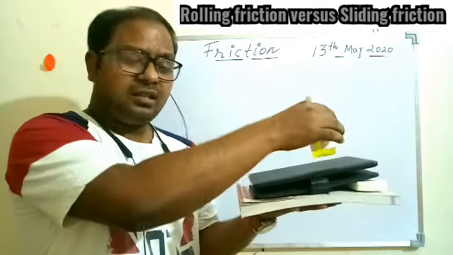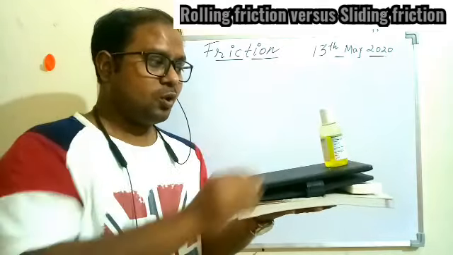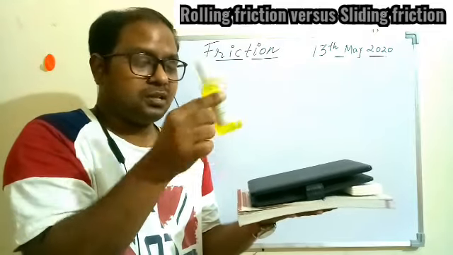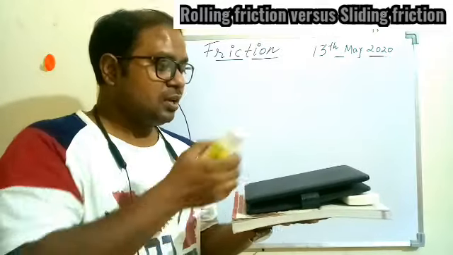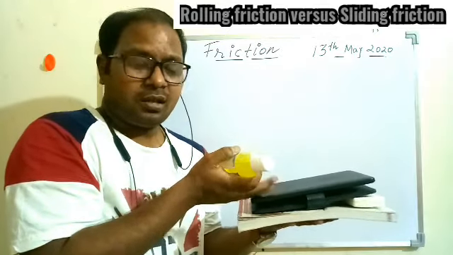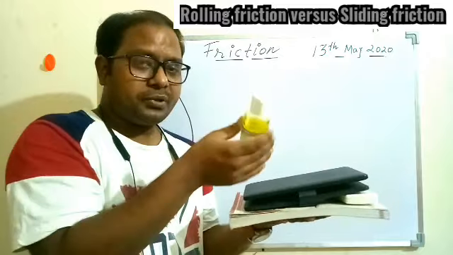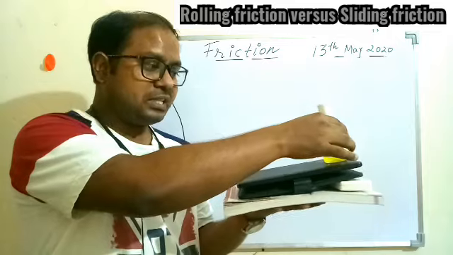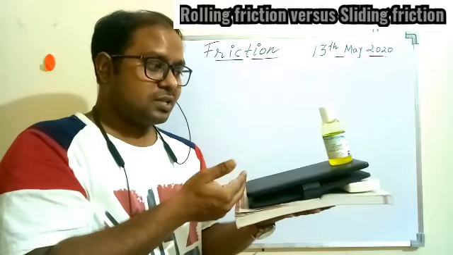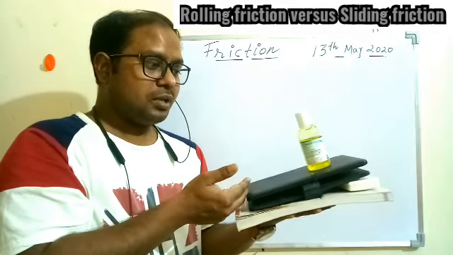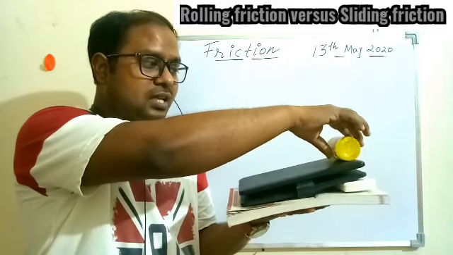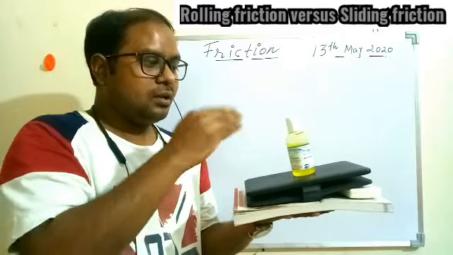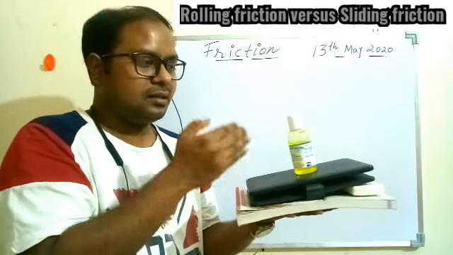So in this case, either I place this way or I place this way, the object is the same, so it is understood the mass of the object in both the cases is the same. Surface is also the same in both the cases, but still we have a difference in the friction. So it is understood why the friction is different, because when we are placing this way, the object is trying to slide. Okay, so we need to give more height, and in this case the object is rolling. So here the difference is coming just because of the types of friction, the sliding and the rolling.